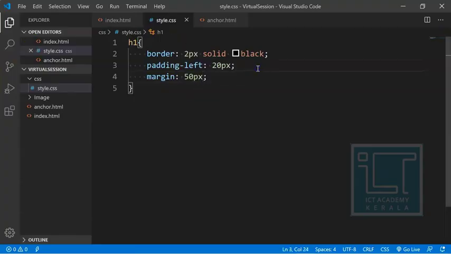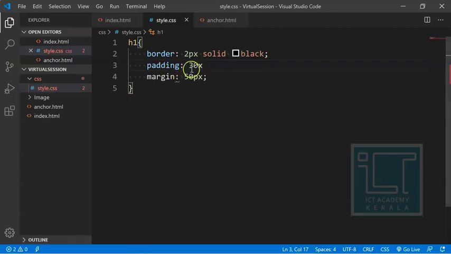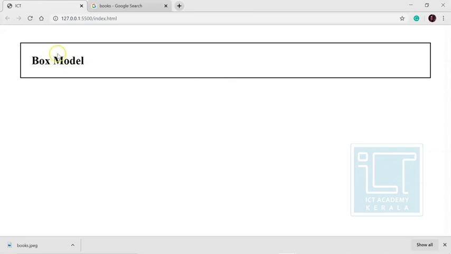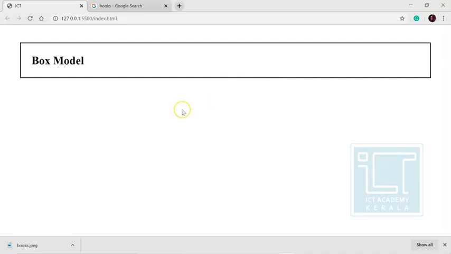Likewise the padding, if I want to make it general, I can simply give padding and specify 30 pixels. That means it gives a padding of 30 here, 30 here, and 30 here. Here it won't be 30 because it is standard. We can reduce it; that's no problem. So this is all about the border, padding, and margin. I hope it's clear.